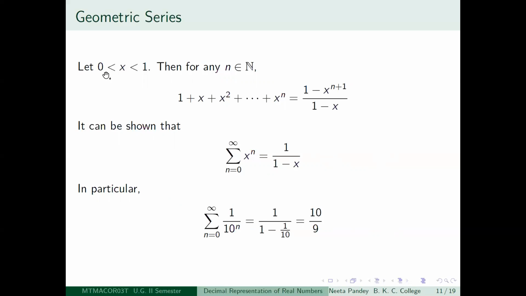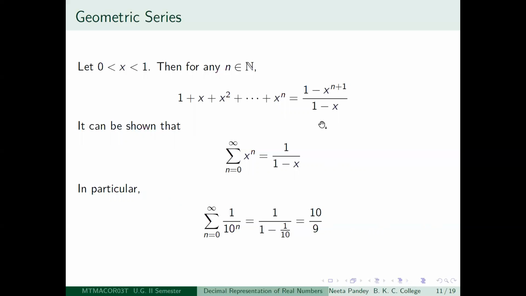This means that you're just going on adding. You take your x between 0 and 1, suppose, and then you keep on adding 1 plus x squared plus x cubed plus etc. as many times as you wish. So that means till infinity, right? So infinity times you add. So this is an infinite sum, which is called a series. So I want to say that if x is between 0 and 1, then this infinite addition is actually going to give you a number, a real number.